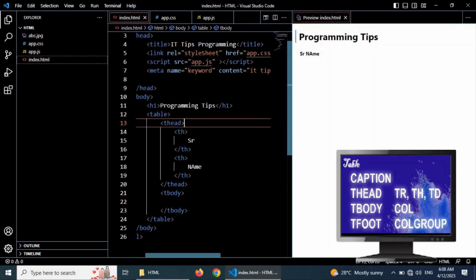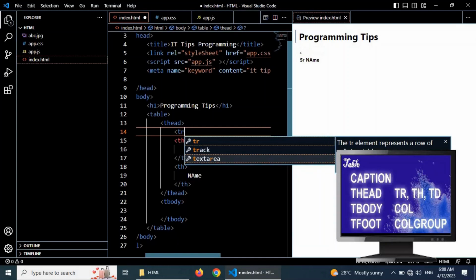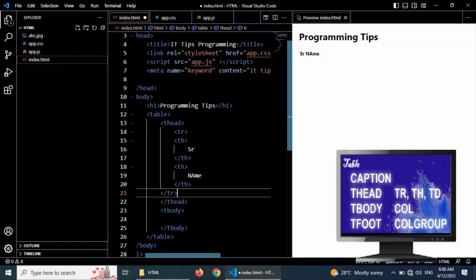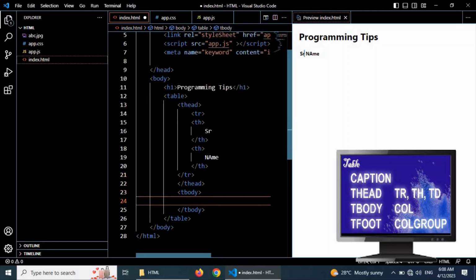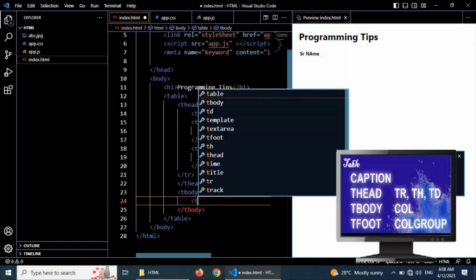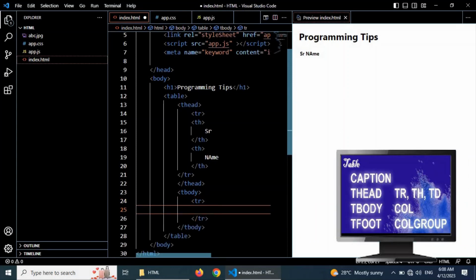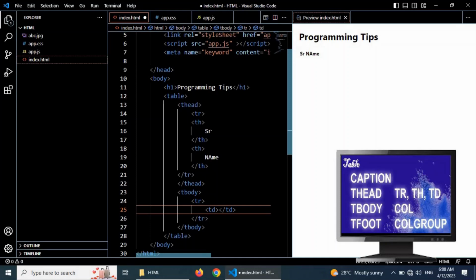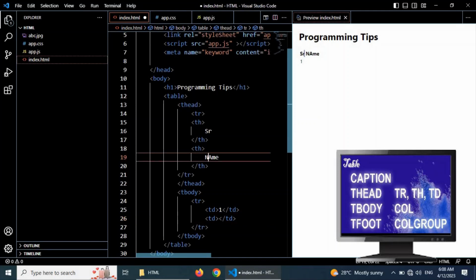One important point is to ensure that every th and td tag will be enclosed in the tr tag. We write here the first tr tag that will hold the td table data tag. After this the second td. The number of td will be equal to the number of th in the table head thead tag. We write here the name such as